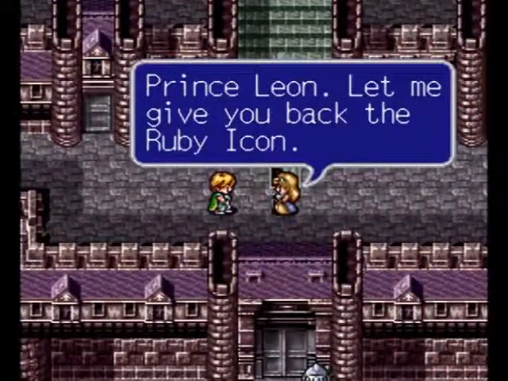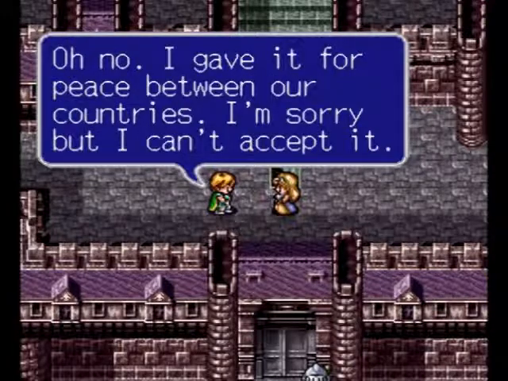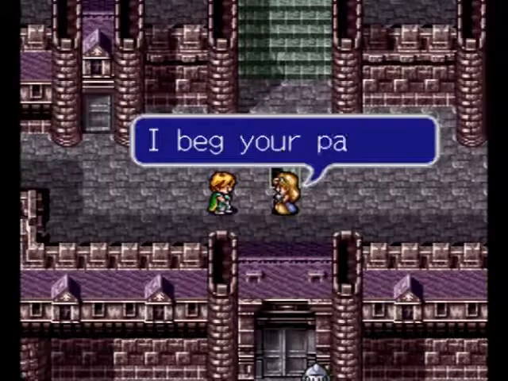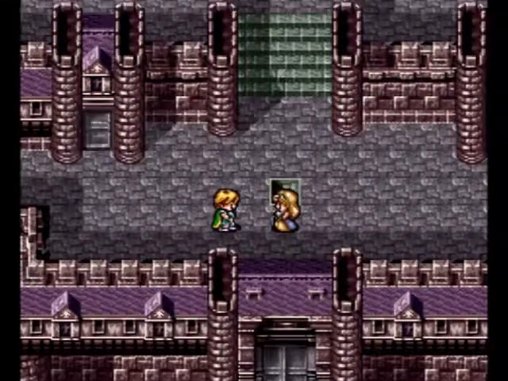Prince Leon, let me give you back the ruby icon. Oh no, I gave it for peace between our countries. I'm sorry, but I can't accept it. Please, it belongs to Aurelio. Besides, I just switched it for an imitation. Our secret. I don't need it anymore. There's something in this country I want more, but I shouldn't say what. I beg your pardon? Princess Thea, what I really want is...